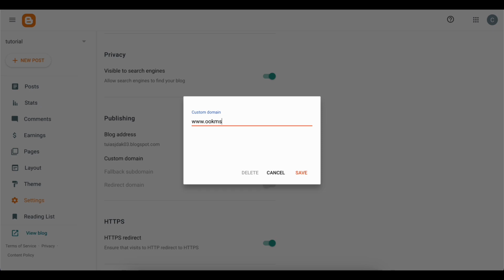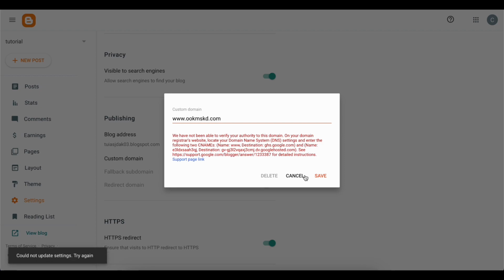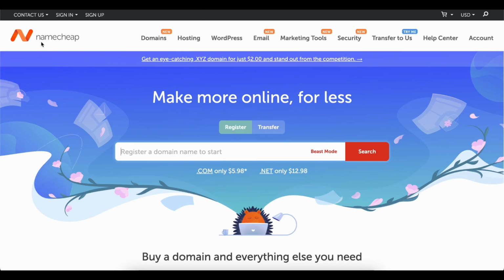So I'm gonna enter a random one for this tutorial. Now after you enter your domain, you're gonna have to click on save. Now the next step is to verify this domain. As you can see, you're gonna see this red text, this error, because you need to verify this domain. Now in order to verify your domain, you're gonna have to add two different CNAMEs, as you can see here. So in order to add these CNAMEs on Namecheap, we're gonna have to simply go to Namecheap and then simply